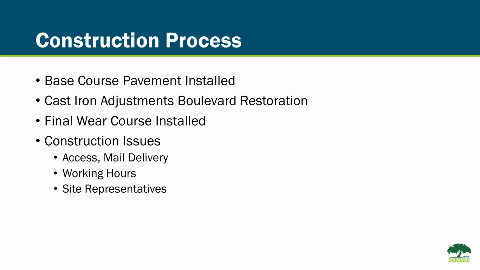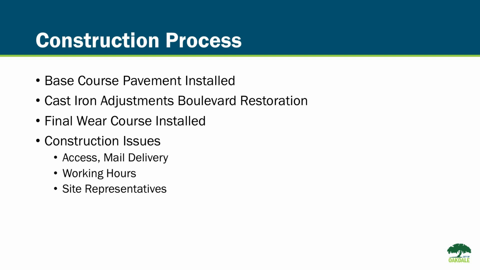The total pavement thickness is 3 inches, so it's put in 2 lifts. The first one is 1.5 inches thick, and that is a base course of asphalt. After that is installed, then they will adjust the manholes and gate valves in the street, getting it ready for the final wear course. During the course of construction, the contractor is responsible for providing access and maintaining mail delivery